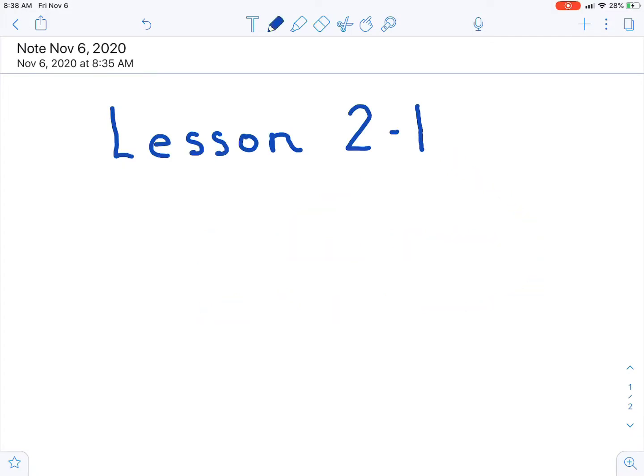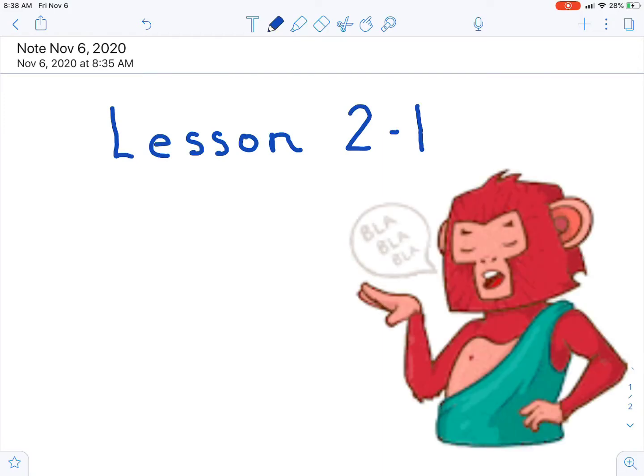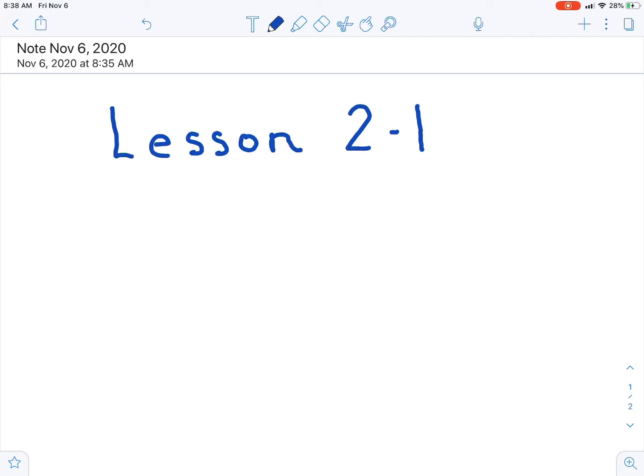Factor label is a very important part of chemistry. We're learning the language of chemistry right now, and so we need to be able to factor label. There's a thing coming up that's called stoichiometry. Stoichiometry involves writing the formulas like we just learned how to do, finding the masses like we just learned how to do, and it also involves balancing equations and factor label. And so this is just one little piece of the puzzle. Let's get right to it. Now, factor label